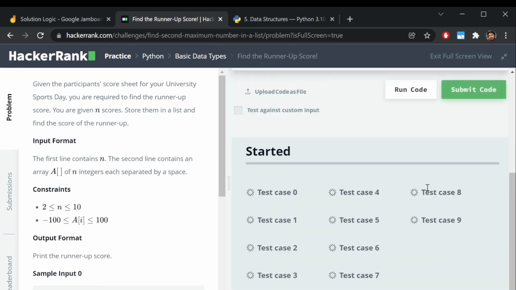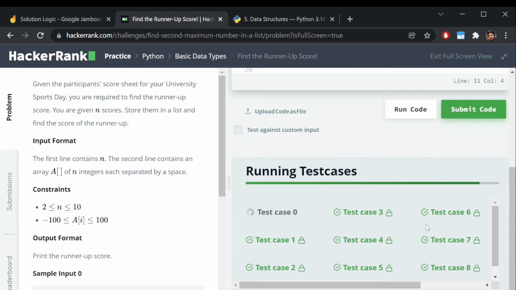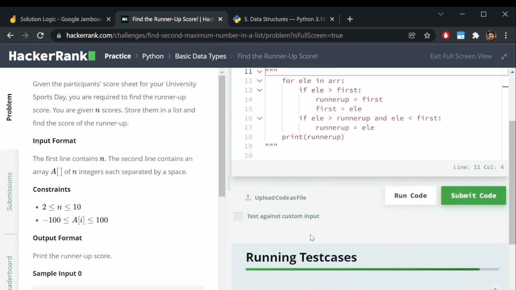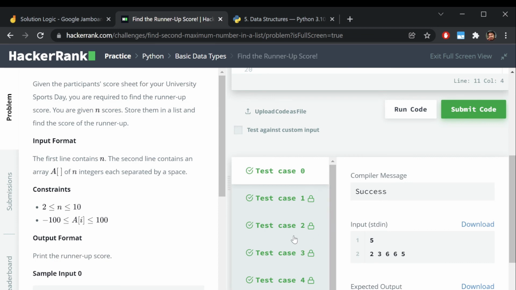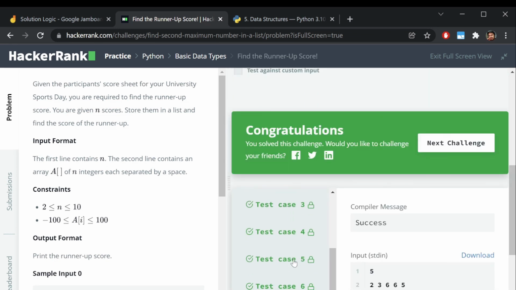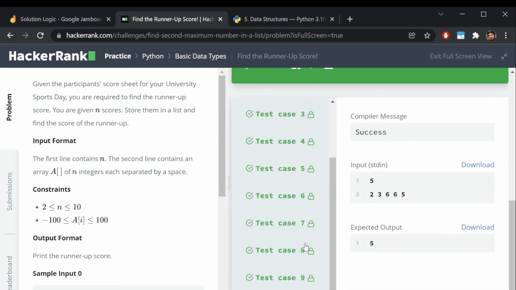Let me click on submit. Test case 0 is taking a time, maybe more number of n's, or yes, it executed. So both our codes executed